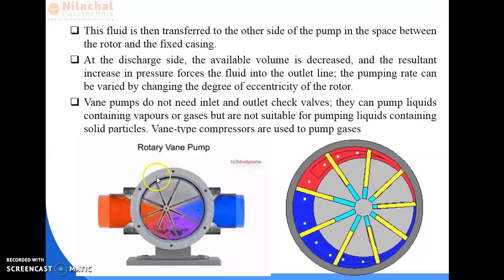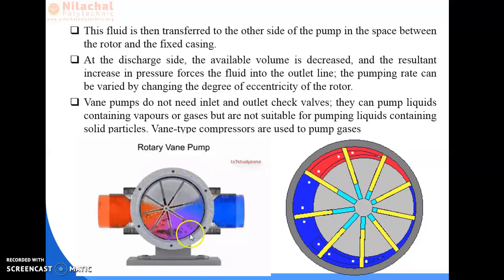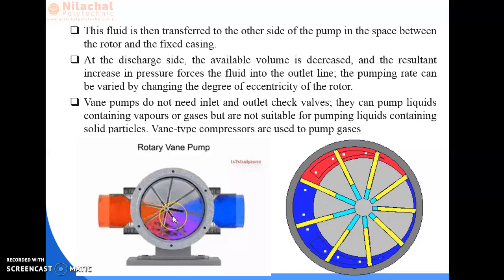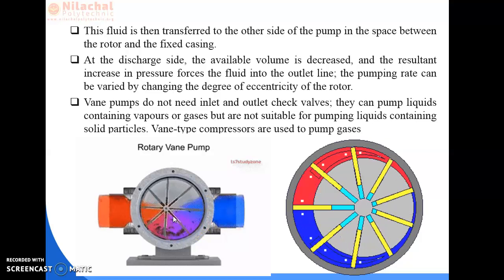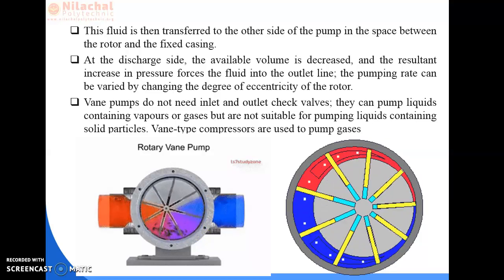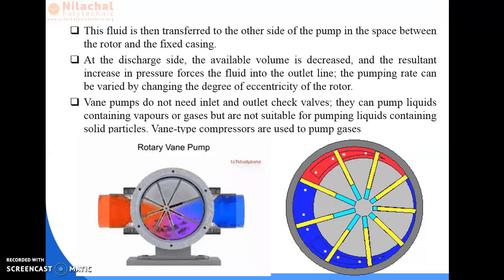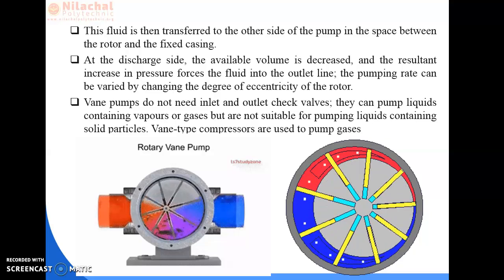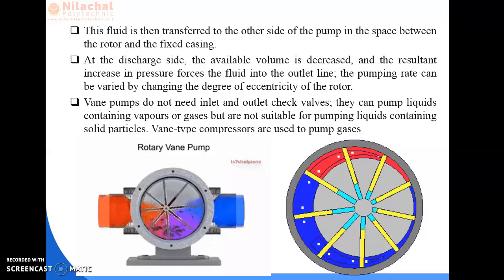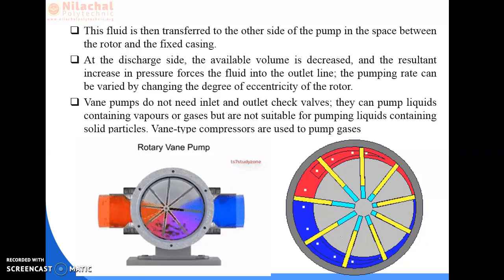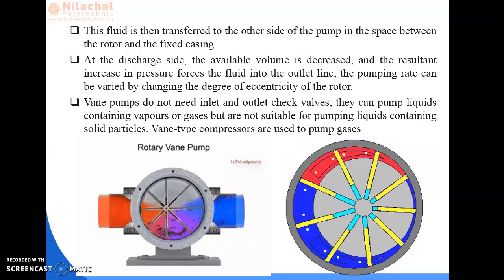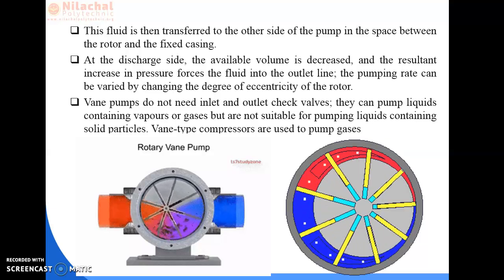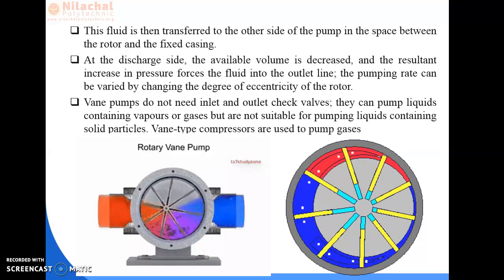We have seen that there is a vane pump. The vane pump consists of a casing. Inside the casing there is a rotor. The rotor is evenly slotted, and in those slots the vanes are placed. Due to eccentric mounting of the rotor, we have seen that there is a gradual increase of volume of the